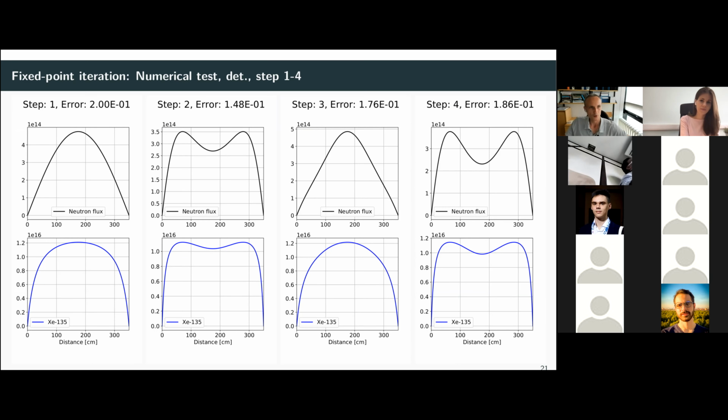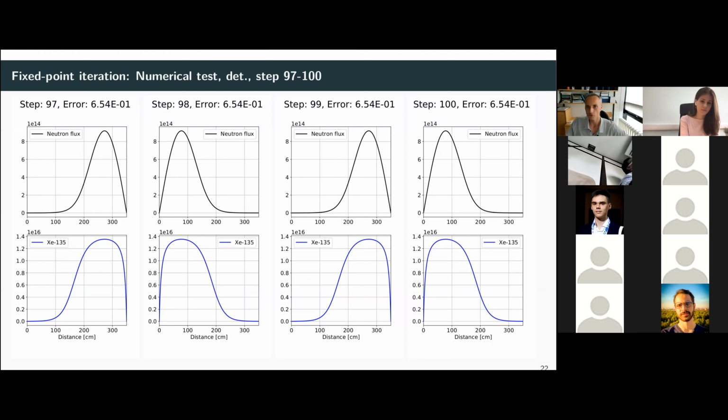I'm going to show steps 97 to 100. You will see that the oscillation mode actually flipped to the side-to-side mode, which is the dominant one in the system as well. And this oscillation doesn't converge. So this iteration based on the fixed point iteration does not converge for the system. Right now, if it doesn't converge for a deterministic solver, it's not very likely to converge for Monte Carlo